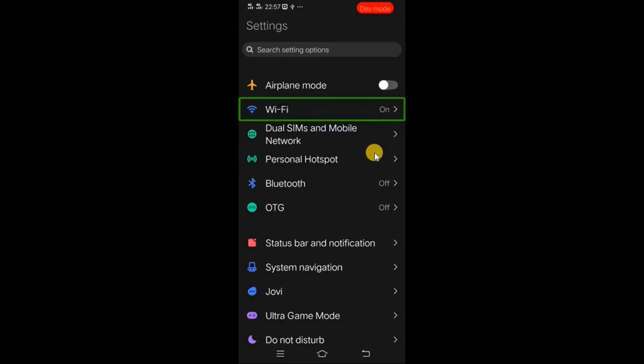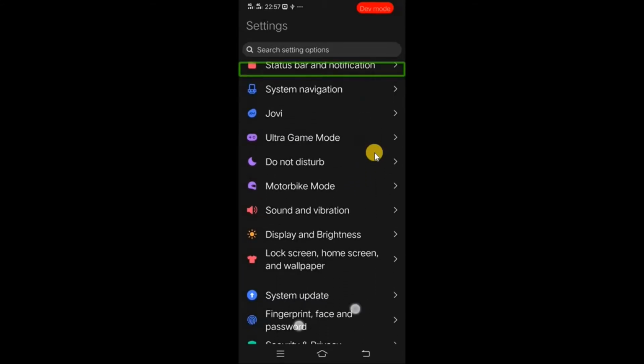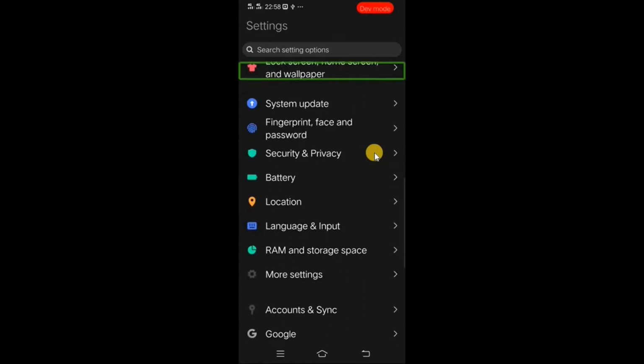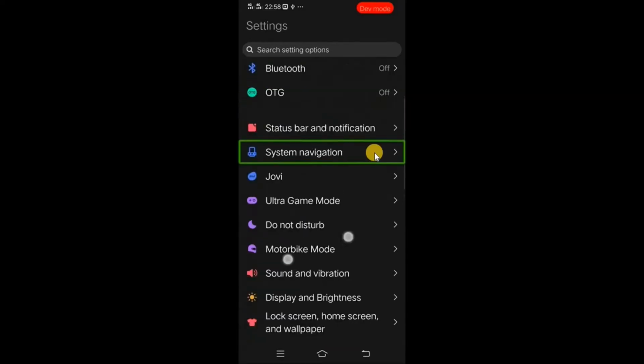Here we have to go to more settings, but here scrolling will not work. See, you can see that. My finger is trying to scroll, sliding the window, but it does not work. In talkback it will not work. That is why we have to use two fingers only. Okay, we have to use two fingers like this. By using two fingers we can drag it down. You can drag like this, but we have to go to more settings.